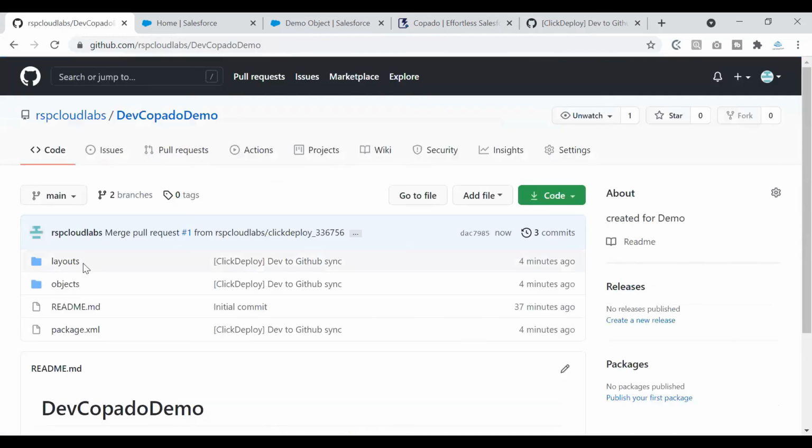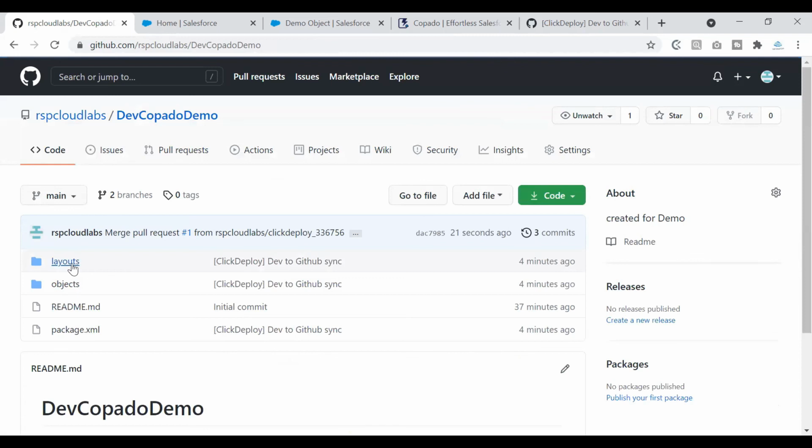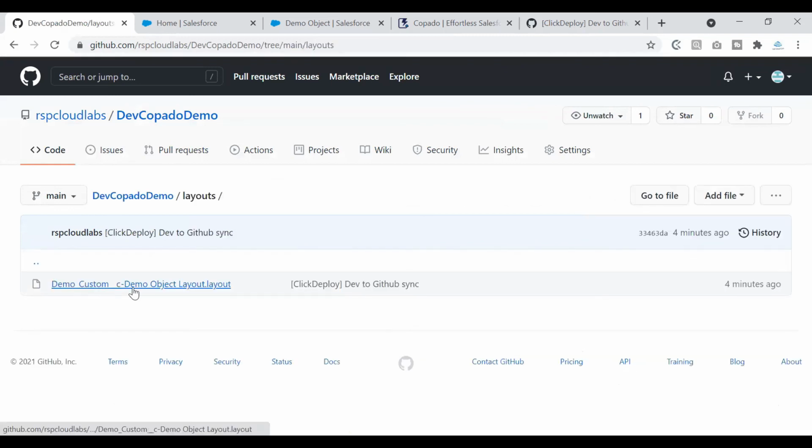If you see the main branch, earlier it was empty. Now I have this layout folder and I also have this object folder. Inside that object folder, I have this demo custom object. If I go back to the layout folder, I will have the demo custom object layout. So these are the changes that are coming in from my org into my repository.